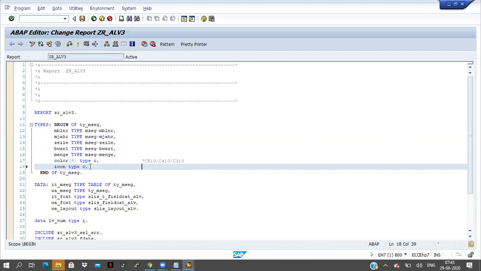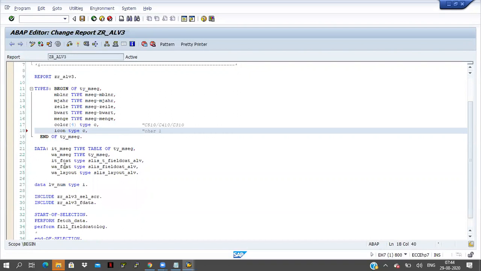You can take any name here. I am taking icon here and type C, I mean character 1. Here I am not mentioning any length. If you don't mention any length, by default it will take one character. If you have doubt, then you can pass here of 1.